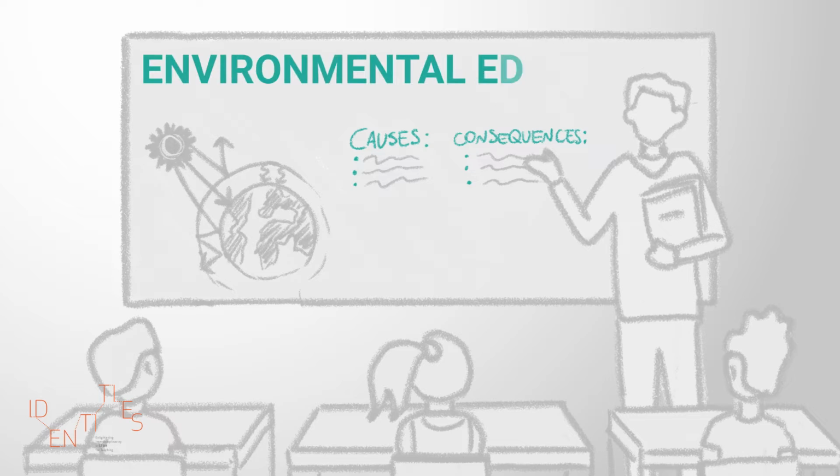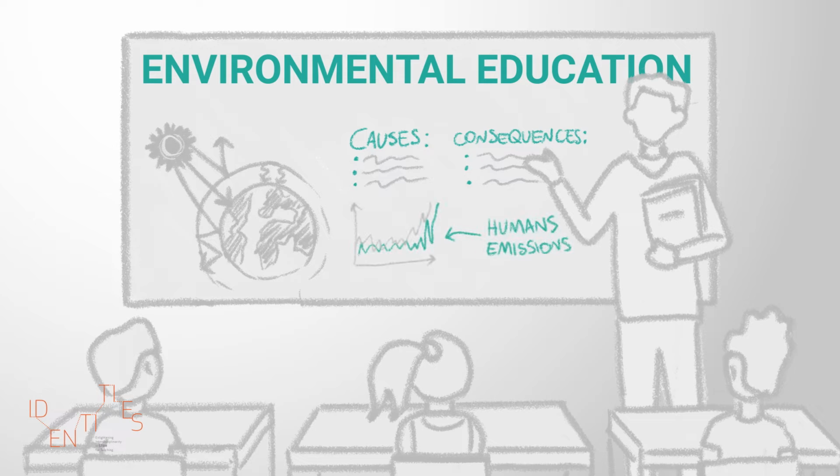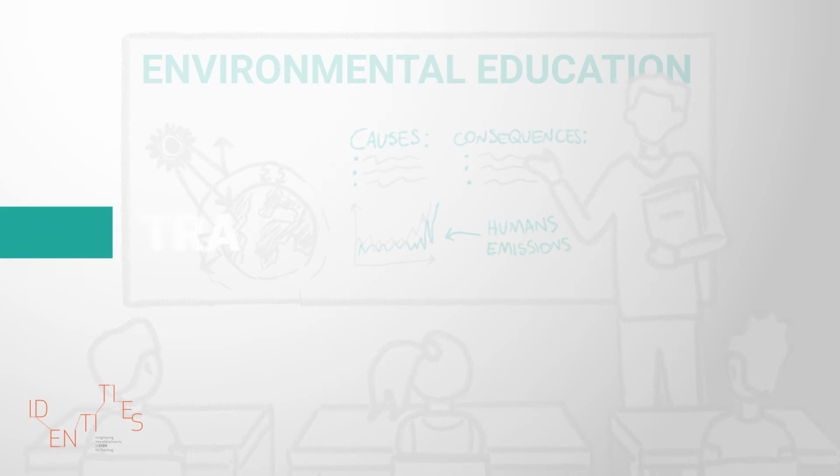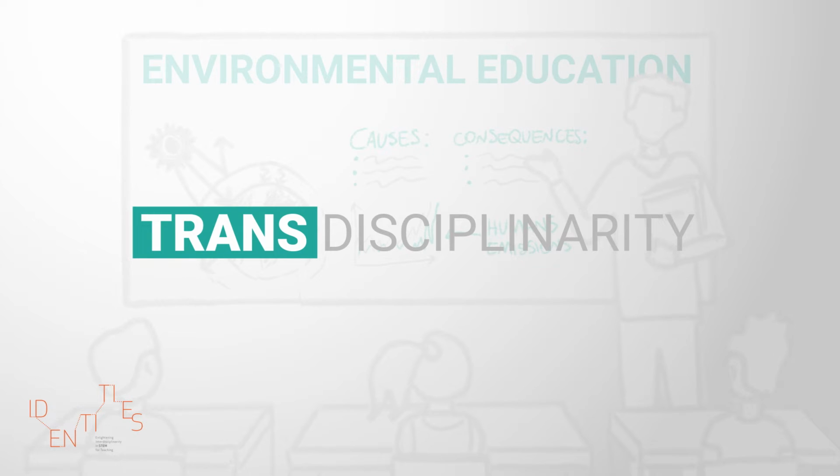Teacher David communicates to the students the most important causes and consequences of the greenhouse effect within the context of environmental education. He stresses that it will contribute to saving the planet without explicitly focusing on any structured disciplinary content. He shows images and data to highlight evidence of the impact of humans on climate change. This is an example of transdisciplinarity.